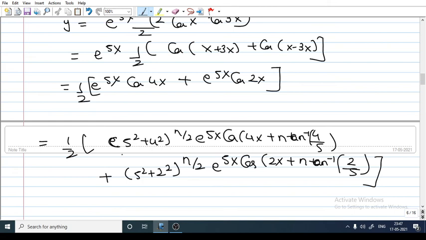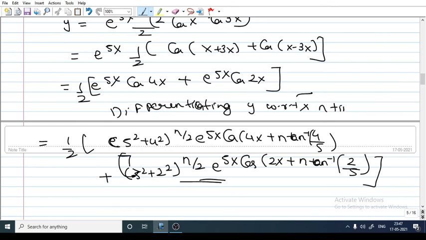This is our answer. Now you can simplify this. That is not my job. You have to do it in your examination. My job was to just tell you how to proceed, and there were many steps which I left, like here you have to write one step, differentiating y with respect to x n times, because whatever you have here is y, then here it will become yn. And there is one more step where you write all the things as d n by dx power n of y. Okay, one more step.